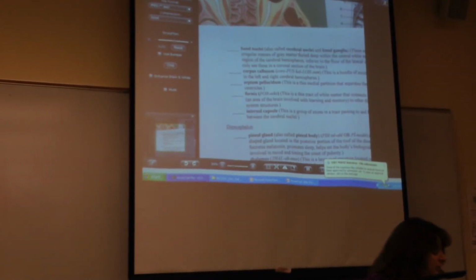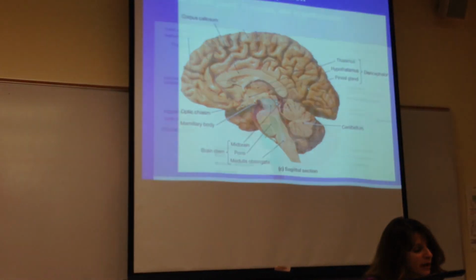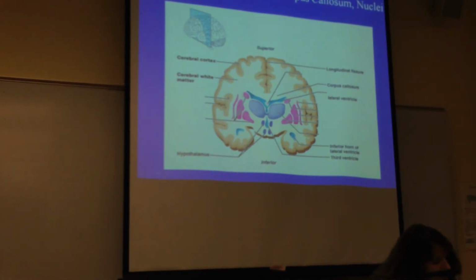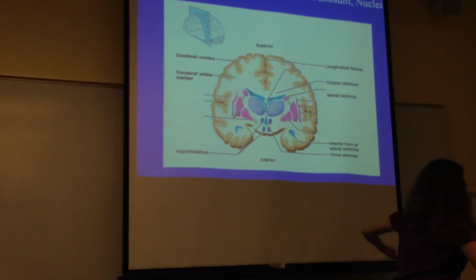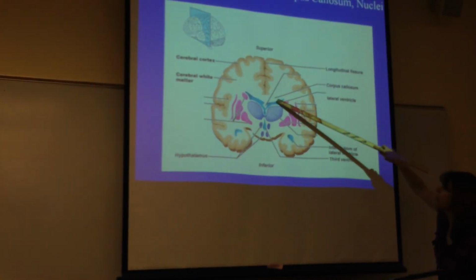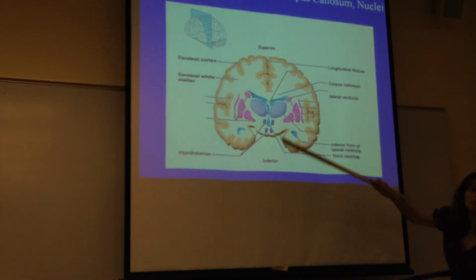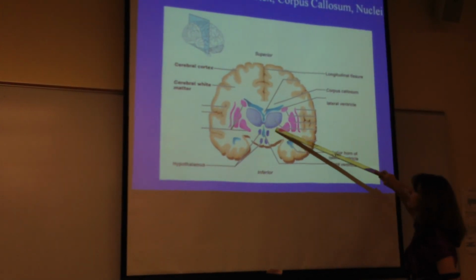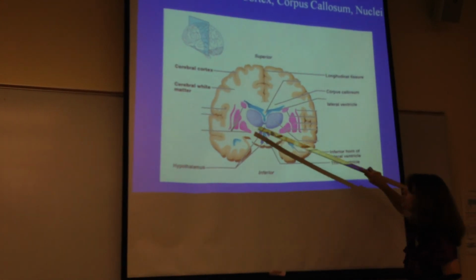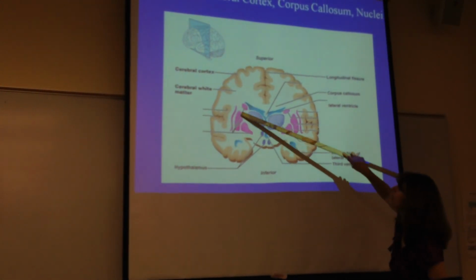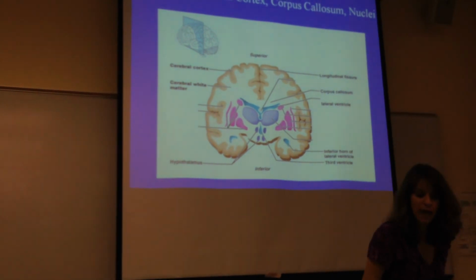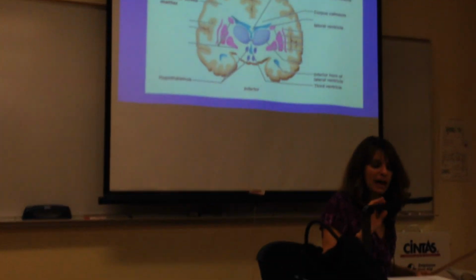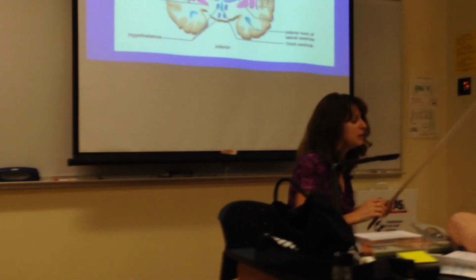The internal capsule is best seen in a coronal section of the brain, and that would be this V-shaped region right here. So this coming across is corpus callosum. Here are our cerebral nuclei, and then can you see this white matter like this? That V-shape right there is our internal capsule. And as it says there in parentheses, this is just a group of axons that pass to and from the cortex between the cerebral